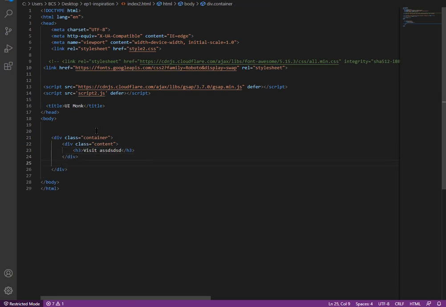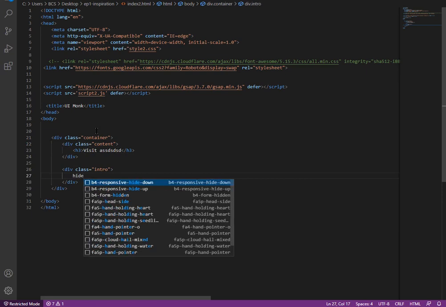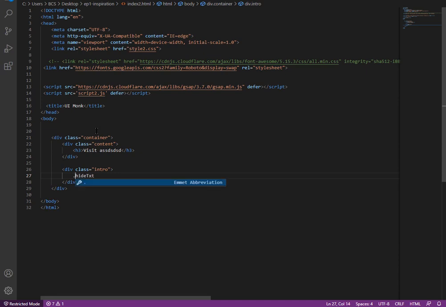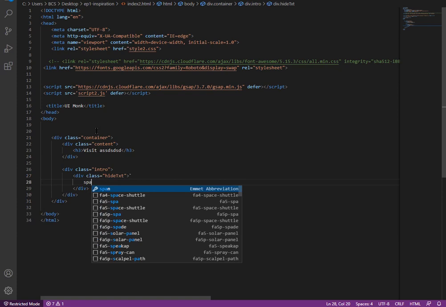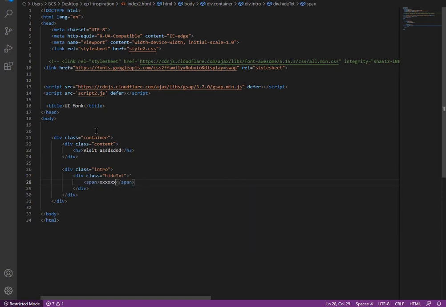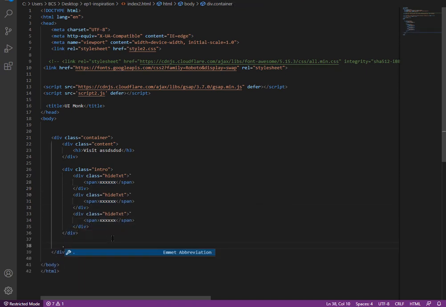Then we need a div with class intro, and inside the intro a div with class hide text, and inside that a span with some text, and we need three such lines. Finally, after the intro div we need another div with class slider. So here it is, this is what we have done.